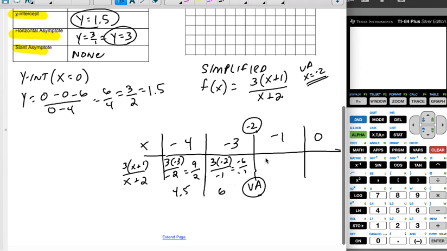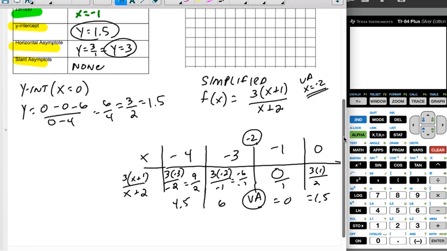When I plug in negative 1, I seem to get a 0, right? Because that's 3 times 0 all over, so it's 0 over a 1, right? But that's just 0, right? And when I plug in 0, I seem to get a 3 times a 1 over a 2, which is 1.5. So now what I'm going to do is I'm going to go ahead and put those values on